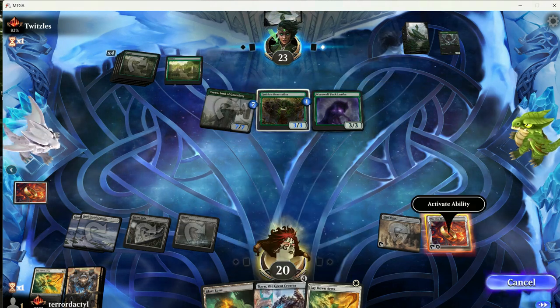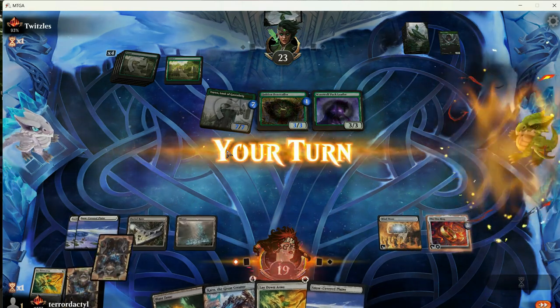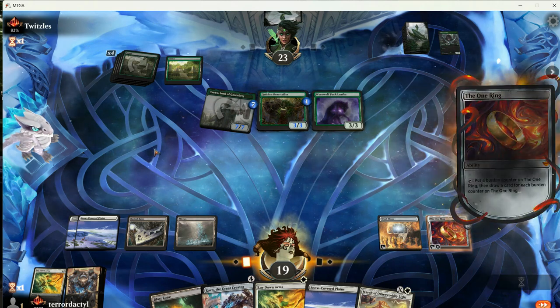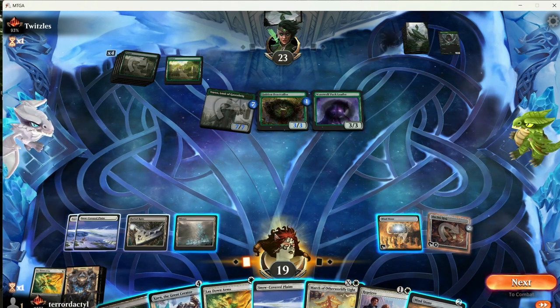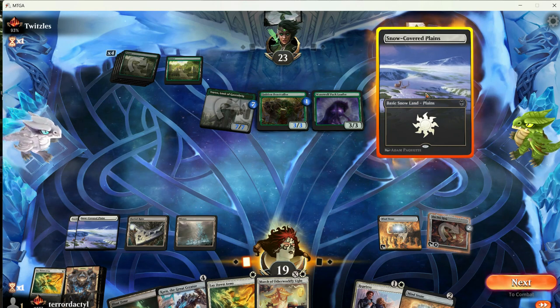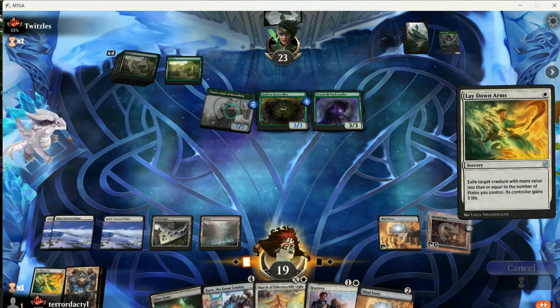All right, I'm gonna draw a card with the One Ring. It gets a bird encounter. I drew Snow-Covered Plains. I untap. I draw. I'm gonna tap my One Ring and draw 2 more cards. I did not find a Wrath of God, but that's okay because I have a couple. I drew another Snow-Covered Plains, so I can Lay Down Arms